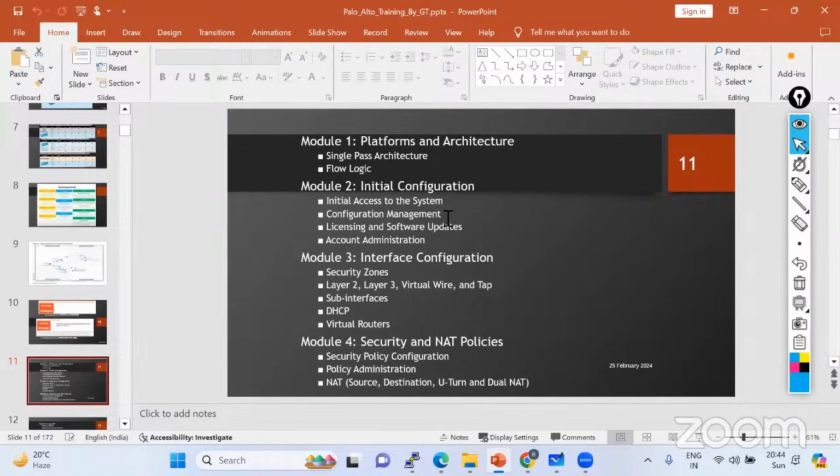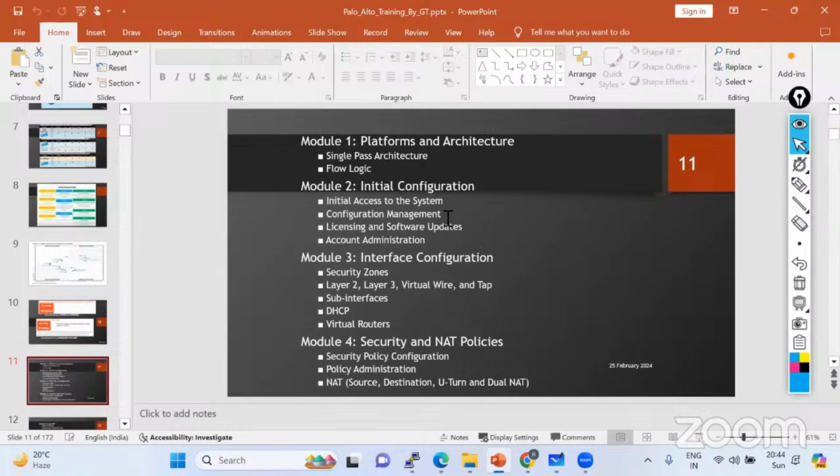How should my baby step look? How can I start doing my configuration? In that scenario, you just have to be very sure what the right steps are to make sure my firewall is configured and alive in the network. Make sense? In that situation, this initial day zero deployment is the most important, which I'm going to show